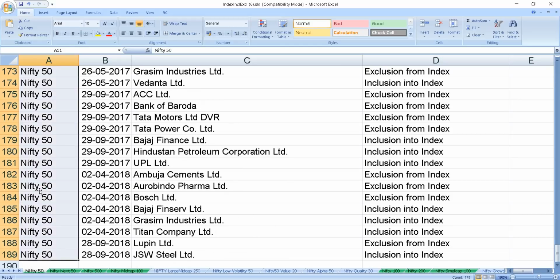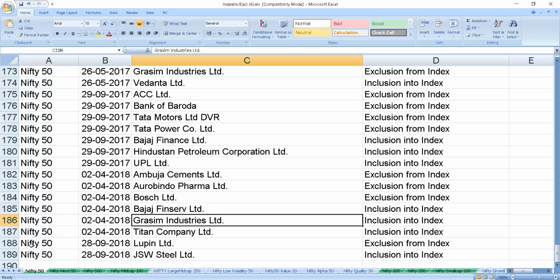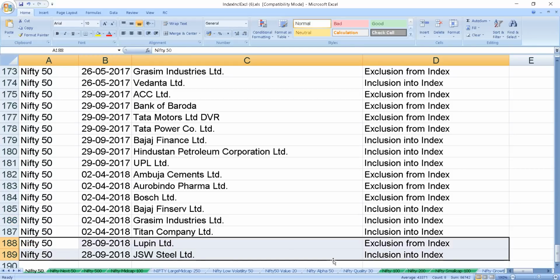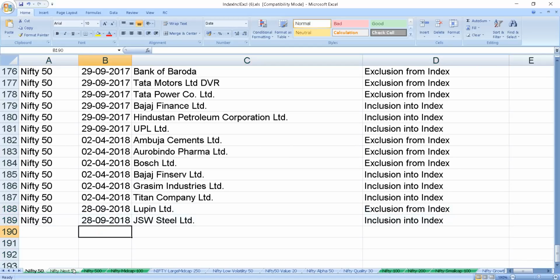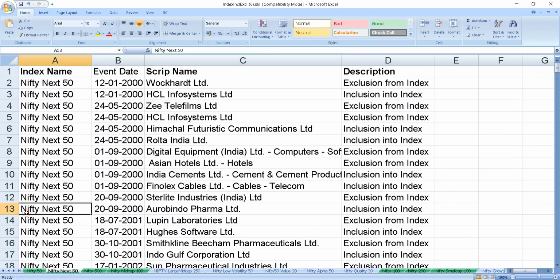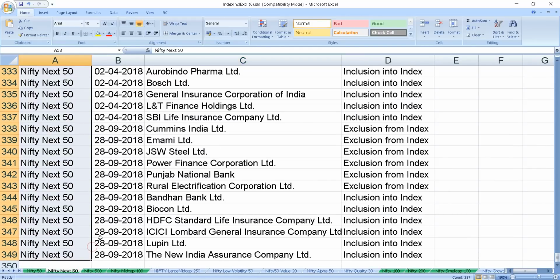You can scroll down, and you can see that in September 2018, Lupin was removed from the index and JSW Steel got into the index. The last change before that was in April, and since September 2018, there has not been any change. Now, if you go to Nifty Next 50, again you can see here that in September 2018 there was